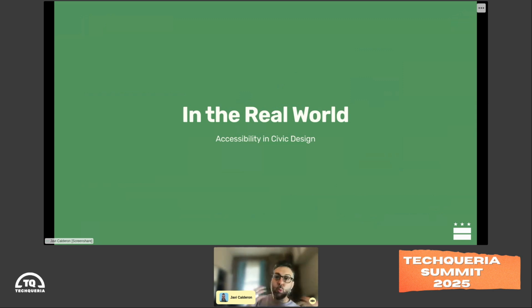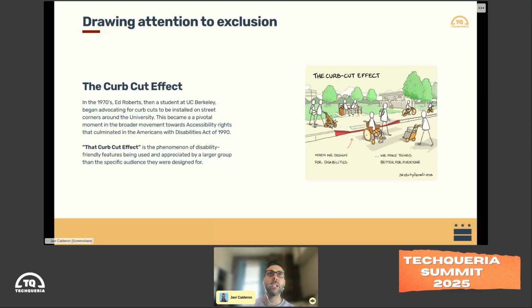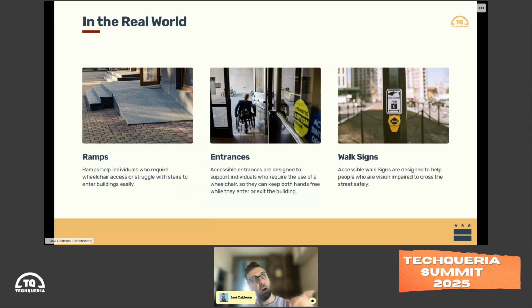So in the real world, we've seen this everywhere now, right? Especially with the ADA, the Americans with Disabilities Act, any kind of federal or government or local, state space needs to have certain things in place to give everybody access. But we're really familiar with these. I'll come back to that.